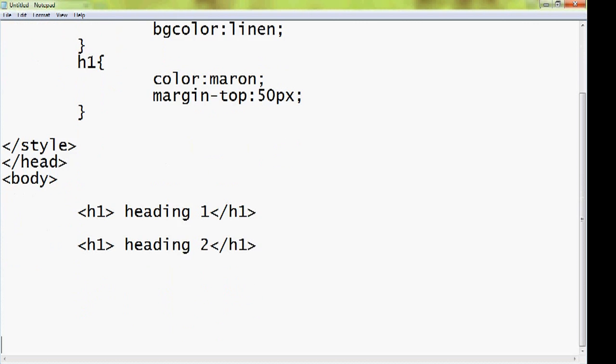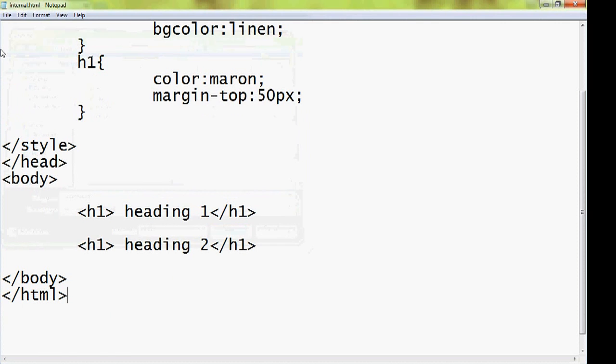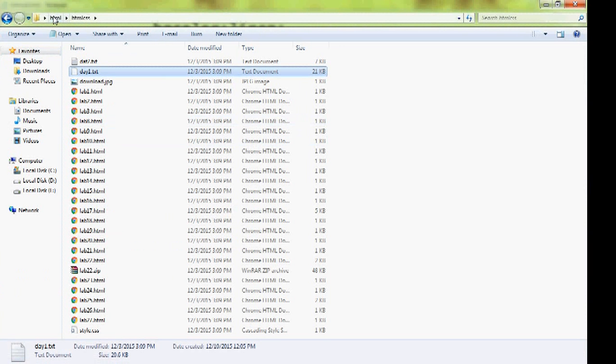Okay, now I'm closing the body tag and HTML. I'm saving this as internal.html. I'm going to open